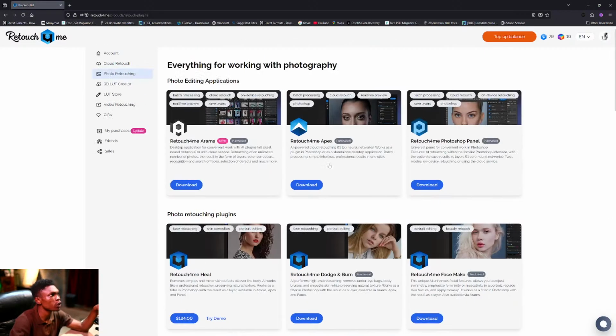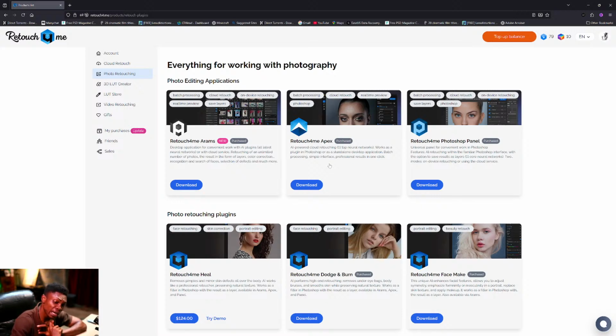So if you are someone who does a lot of retouching gigs that pay you heavily, I recommend you buy this offline retouching, because it pays off if you spend around $500 once on the ones you use. Mind you, you don't need to buy all of them. If you do skin retouching, even if you only buy dodge and burn, you can remove blemishes manually or use Capture One to remove blemishes.